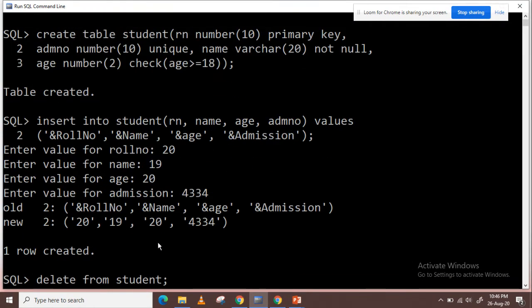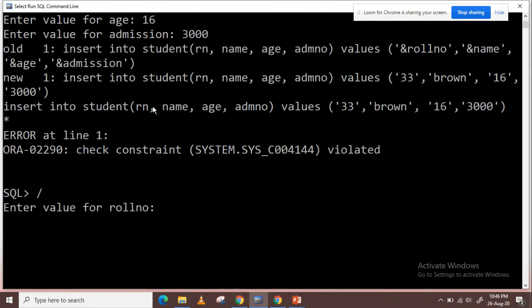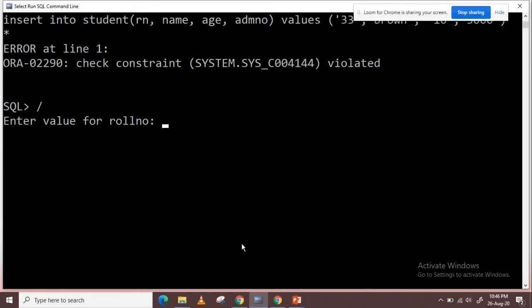Next constraint is unique for admission number, because we want the admission number with the same properties as the primary key, as the primary key is not null and unique, and for every student we must have a unique and not null admission number. But we have defined only unique for the admission number. So let's check the properties of the admission number field. So roll number is defined as the unique entry as 45, and name is again a unique entry. We are taking it as Adi.